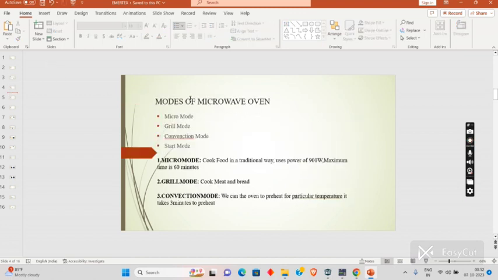Basically, a microwave oven has four modes. They are micro mode, grill mode, convection mode, and the start mode. When it comes to the micro mode, it cooks food in a traditional way. It generally uses a power of 900 watts, and the maximum time for cooking food is 60 minutes, that is 1 hour. When it comes to the grill mode, it is the same as micro mode, but